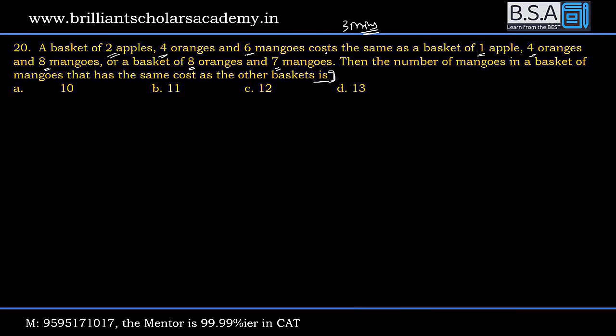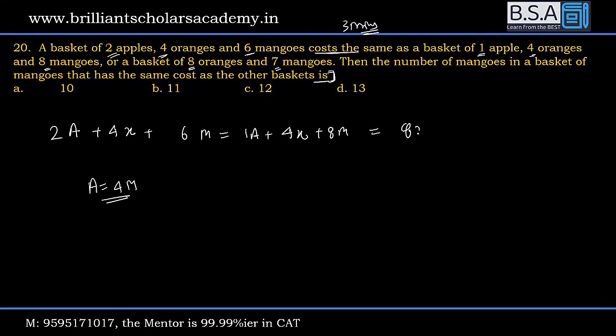We are equating costs. I'm assuming an apple costs A, orange costs X, and mangoes cost M. So this is the equation that I can generate from the first hint. It costs same as 1 apple, 4 oranges, and 8 mangoes. Directly you see oranges are cancelled. You have price of an apple is equal to 4 mangoes. From the very first hint, that is the value I can guess, which is also equivalent to 8 oranges and